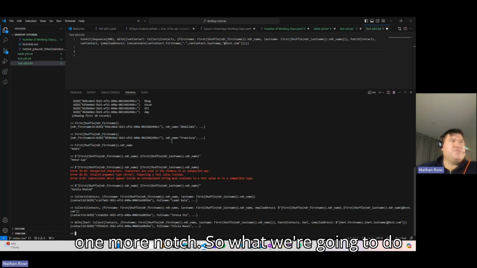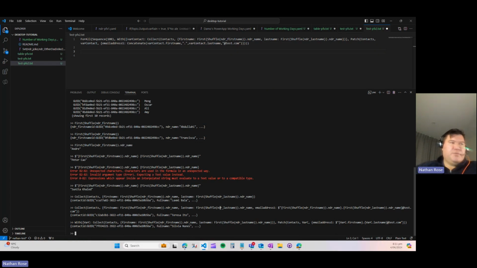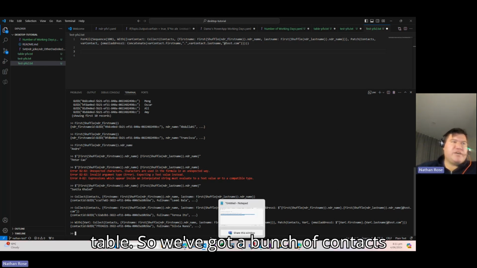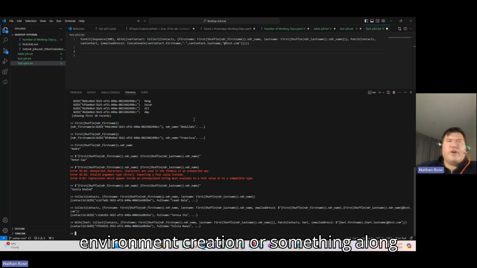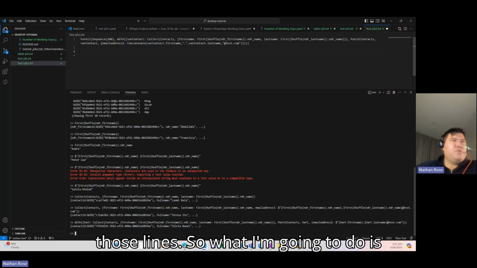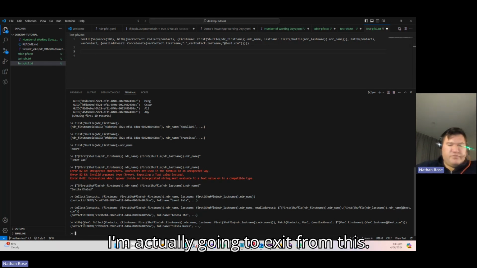So what we're going to do is, let's say we want to seed an entire contact table. So we've got a bunch of contacts that we want to create, and let's say we're doing this as part of an environment creation or something along those lines. So what I'm going to do is I'm actually going to exit from this,